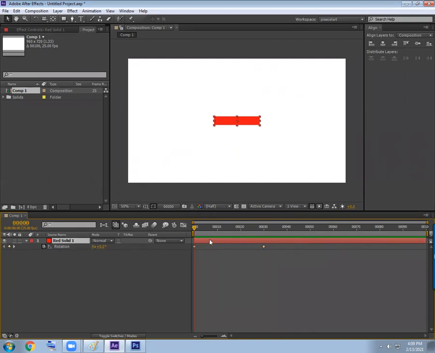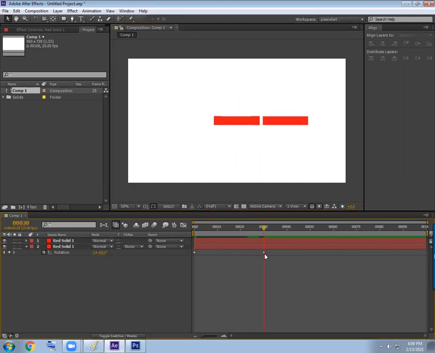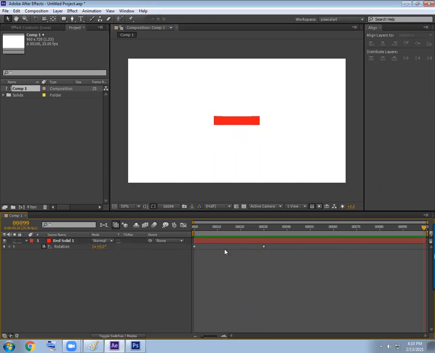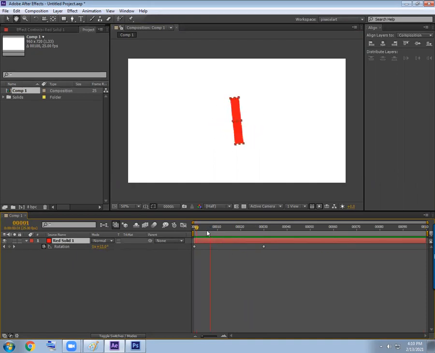Now we can duplicate it and place it aside. And here in the second value, instead of -1, we can make it +1. So what will happen? One will go clockwise, another will go anti-clockwise. Is it clear now?